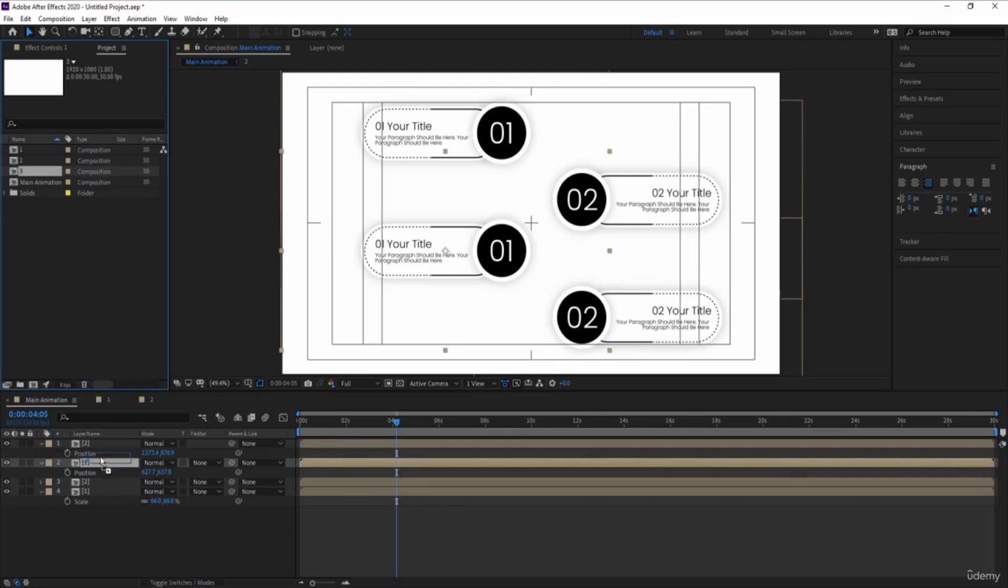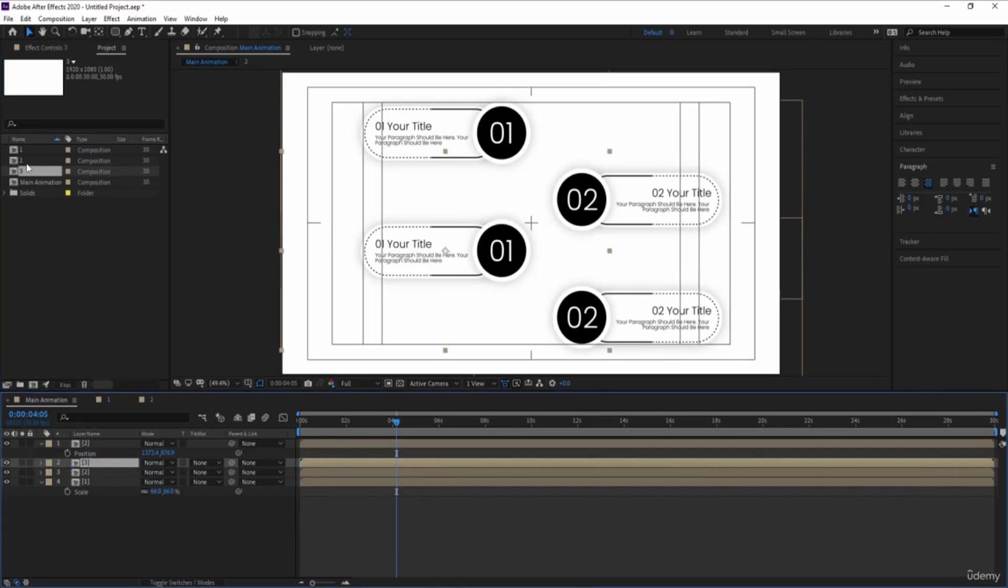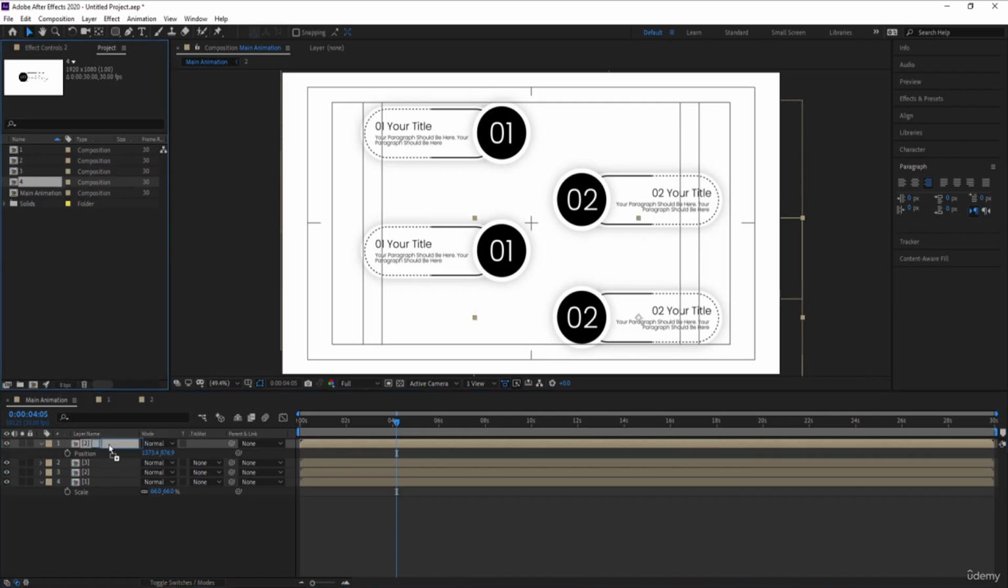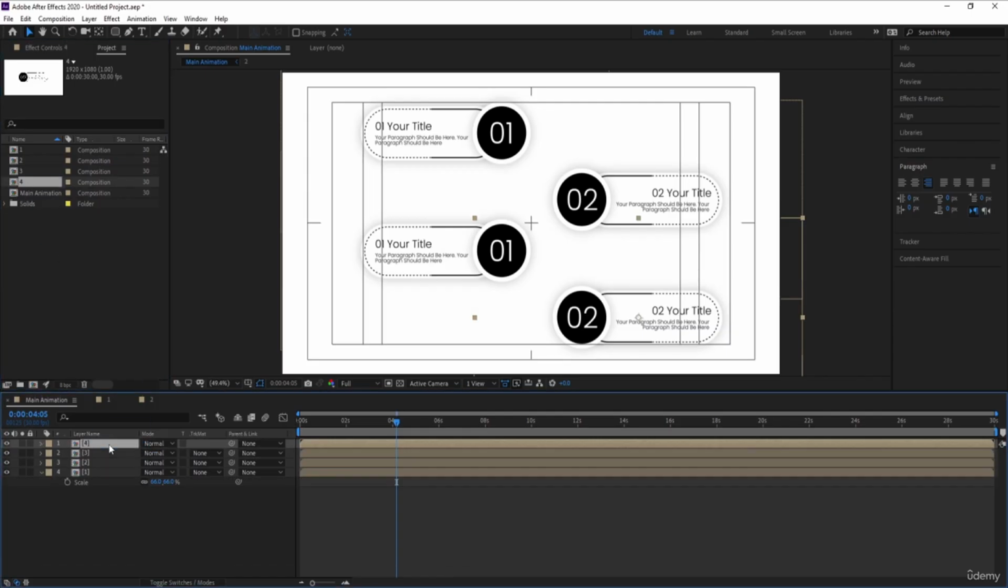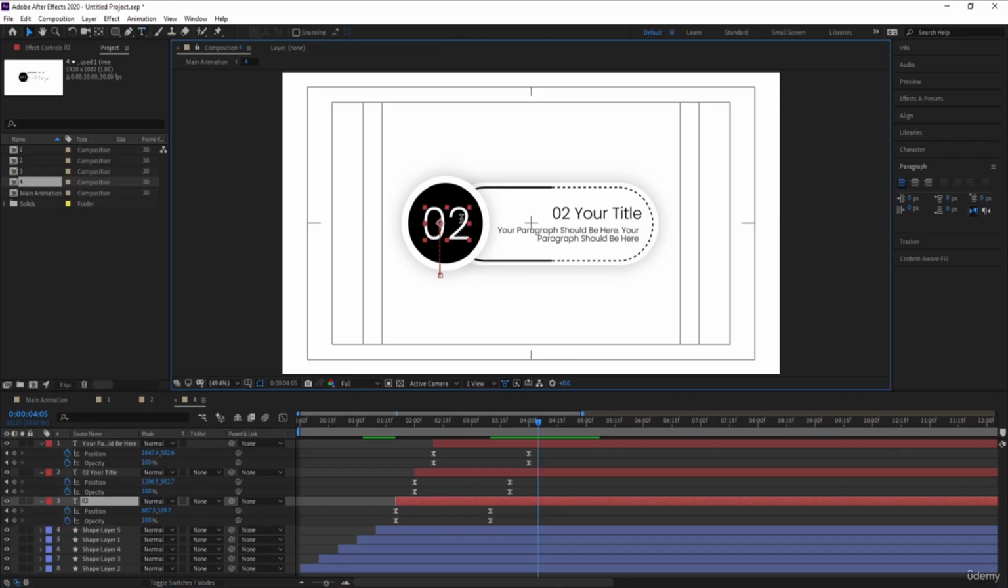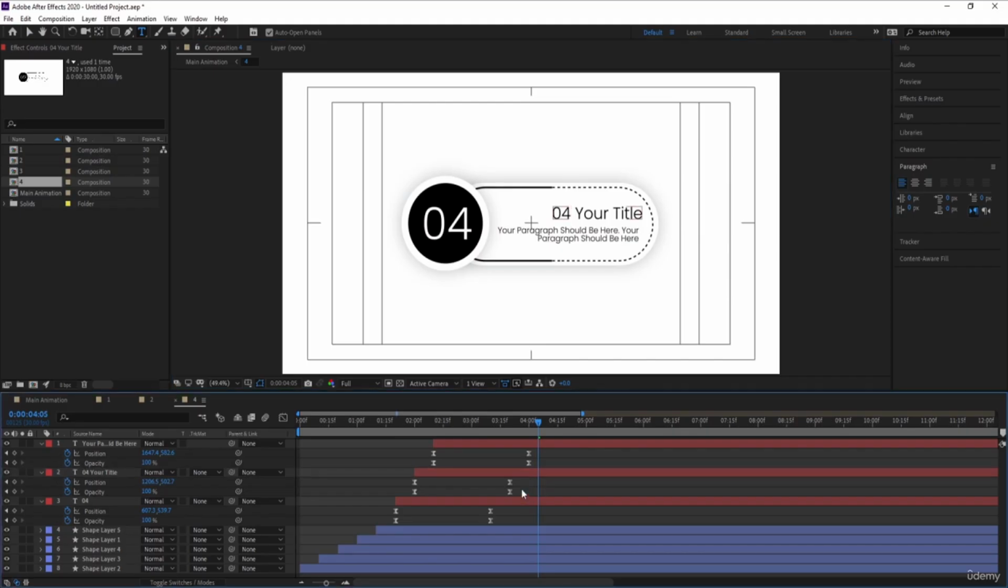D, and by holding Alt I'll replace it. Select this second layer, hit Ctrl D, select this first layer, and by holding Alt I'll replace it. Okay, now go inside this. Over here you have to type 4, and then you need to adjust the